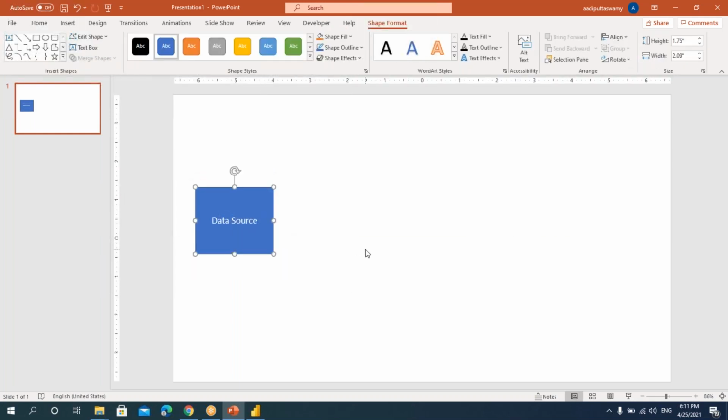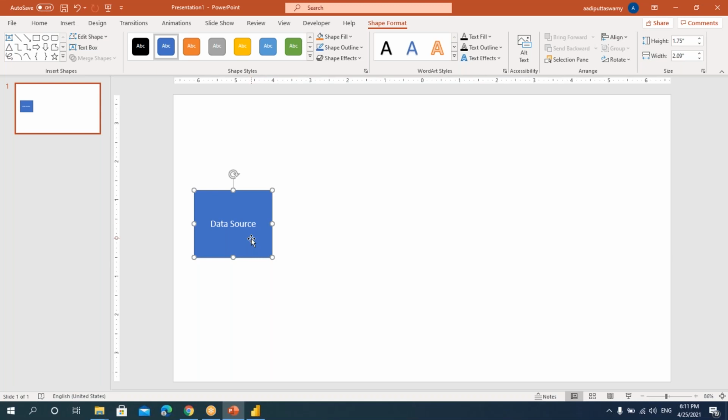First thing is the data source. Whenever I'm working on any business intelligence tool, I'm not speaking only about Power BI, data source is very important. Now, what is this data source? Data source is the source from where we get the data. Any business intelligence tool will not have any inbuilt database. If you want to create reports and publish them, we need to have the data.